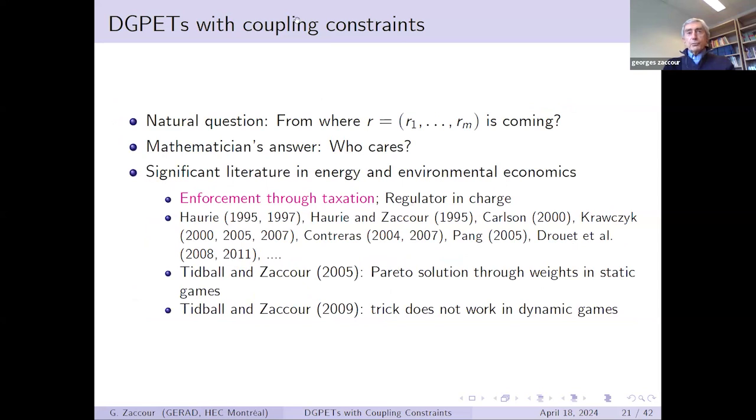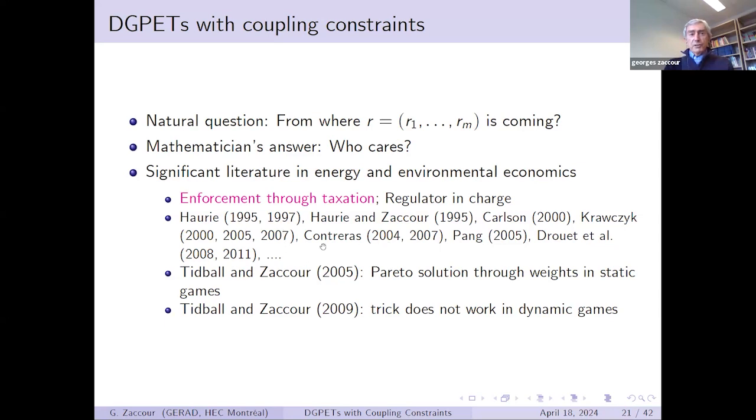By now, you should ask yourself, okay, everything is going nicely, but where is this vector of weights coming from? If you ask a mathematician this question, he or she will answer you, who cares? What I'm interested in is the following: give me a vector of weights, and I can state the conditions for existence and uniqueness of equilibrium, and eventually extend it to a dynamic setting where we can have a maximum